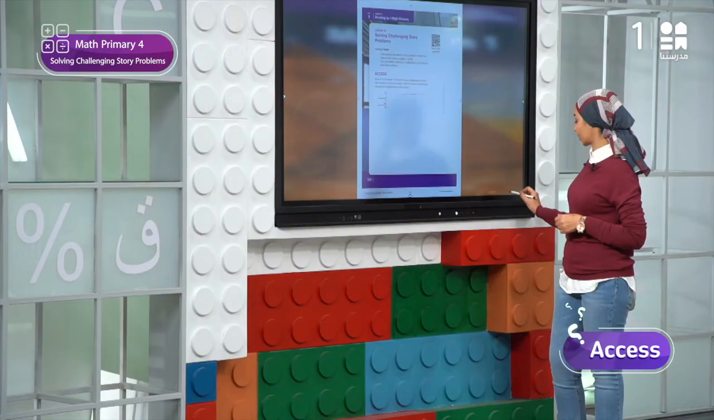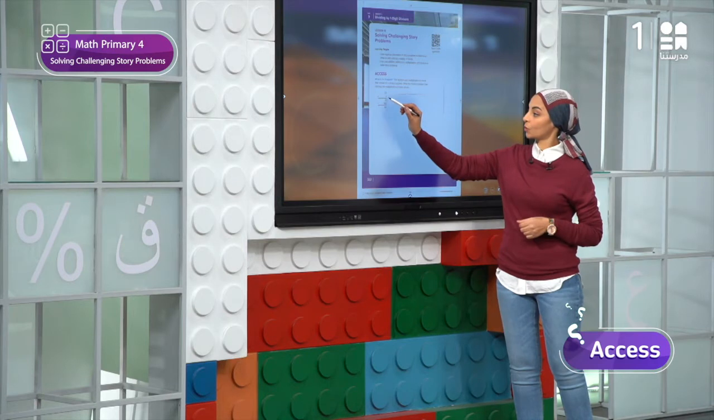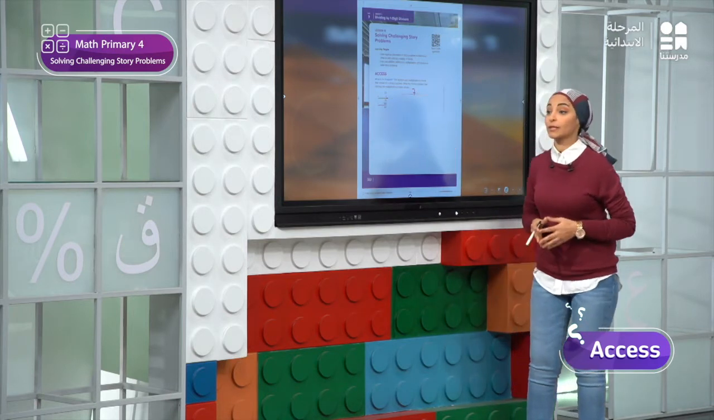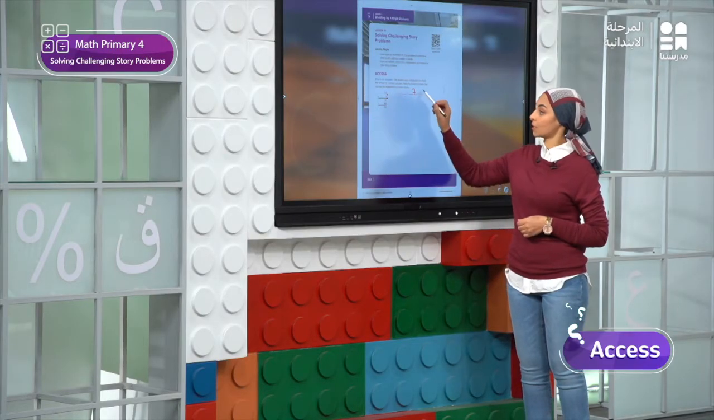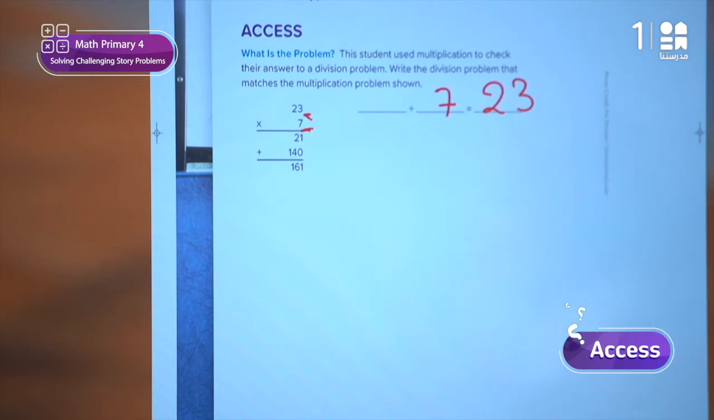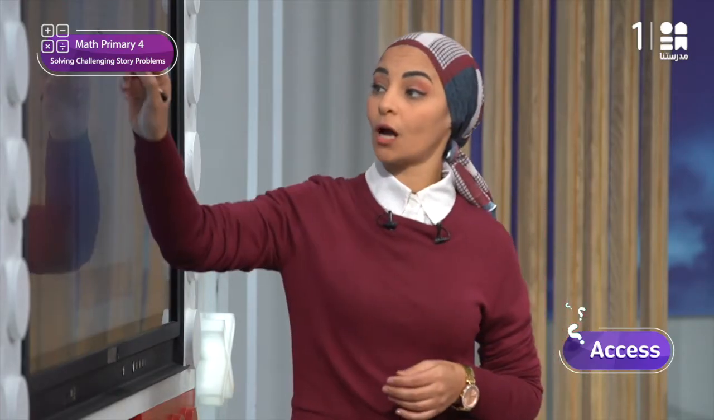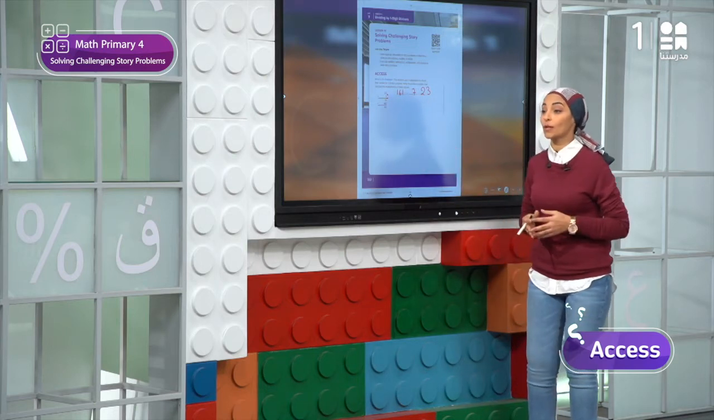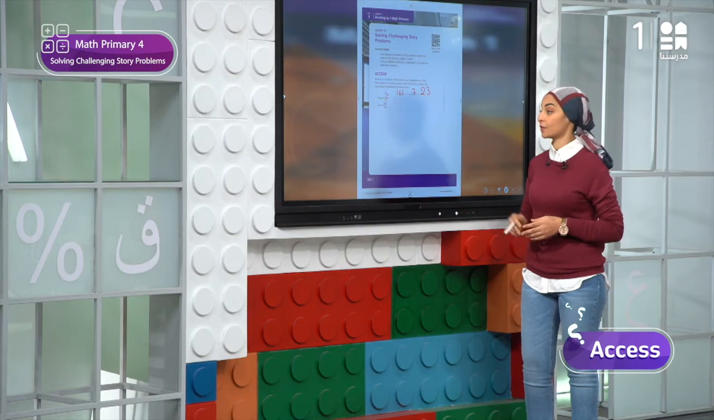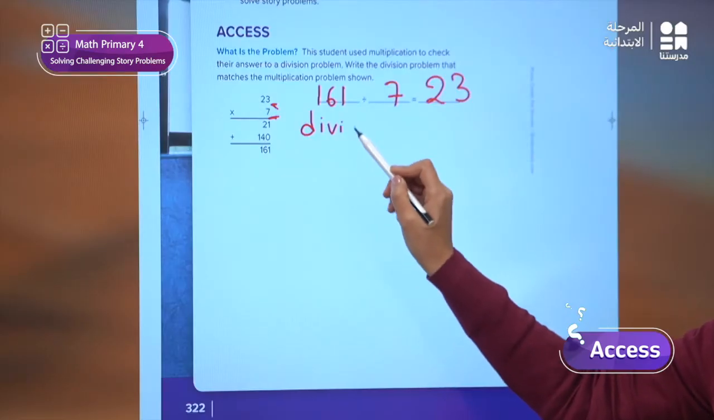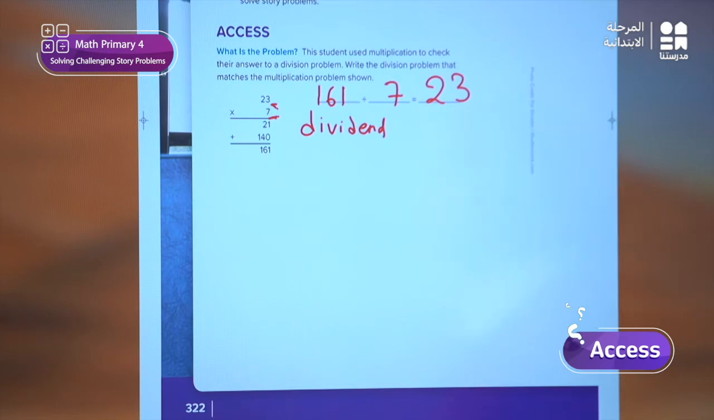In this problem, the two numbers that we will multiply together are what and what? The divisor, which is 7, like you see here, and I will do 7, which is the divisor, times what? Yes, times the quotient, which is 23. So I will do the divisor times the quotient, right? The answer will be what? The product will be 161. Here, 161, this is what? This is equal to the dividend. 161 is equal to the dividend. Right? So, now let's move to the build part to know more about challenging story problems